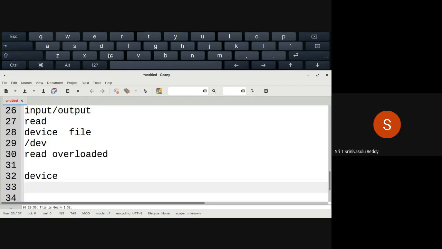So you have purchased the new device and connected it, depending upon the bus, or using USB or whatever. Now the operating system has no idea how to read the data from this new device, because the corresponding read or write code is not there within the operating system. So even though it is physically connected, you cannot use it.